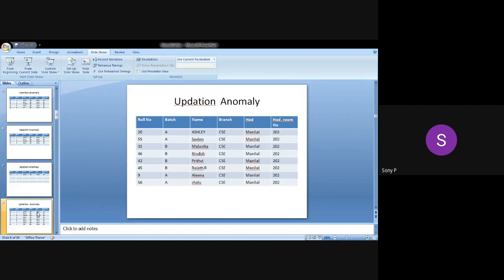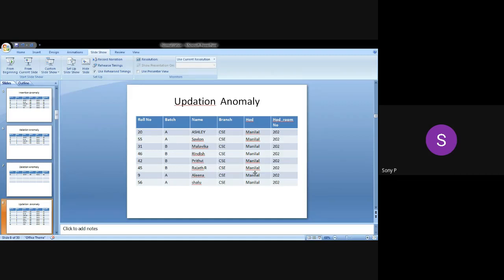Next, updation anomaly. Suppose we have 8 rows in the student table. Suppose the HOD Manlal is transferred to some other place. We have a new HOD.